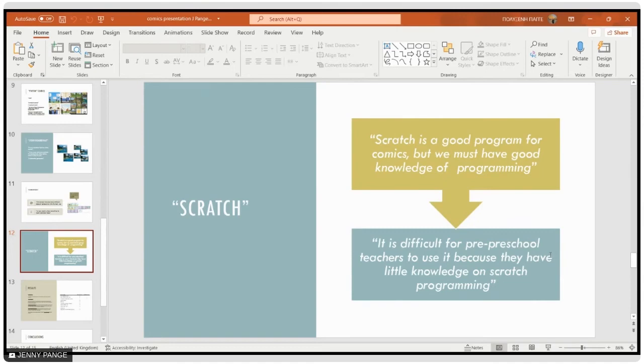Especially preschool children cannot use a programming language easily, so they said it was quite difficult to use for statistics.